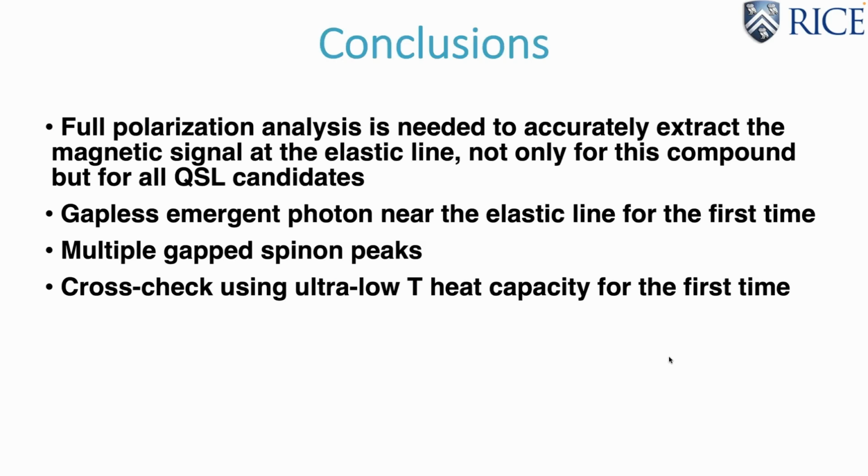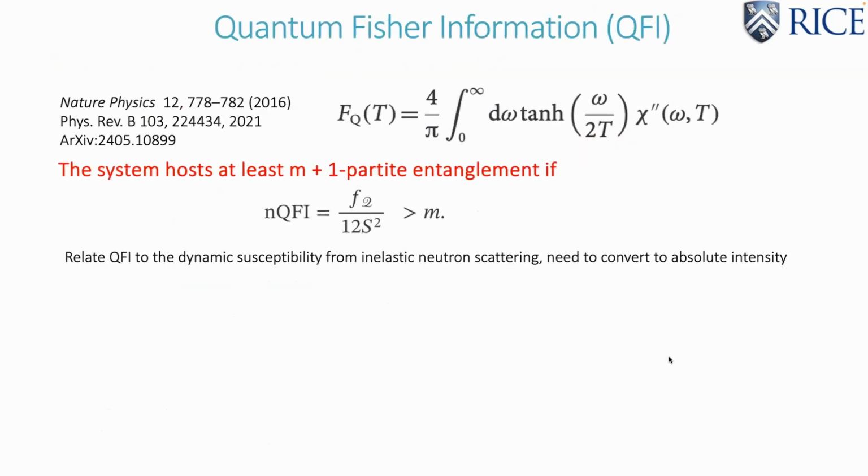Just to directly answer your question, the reason we couldn't see the elastic line at zero energy, low Q, low intensity, is that there's no such neutron spectrometer doing forward scattering that has such a good resolution. This is already the best in the world, we can get to the 0.03 level. So basically, we just see essentially a blob. In the high resolution measurement that he has, can you show that again? We already see